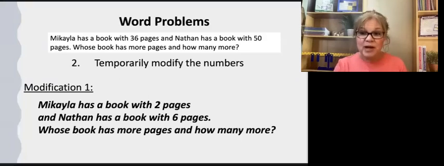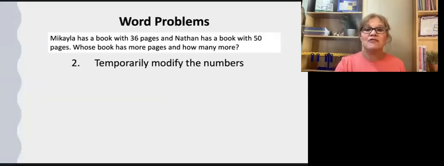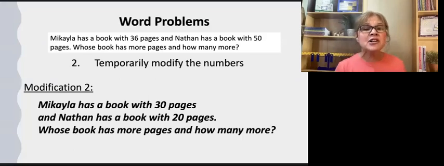Now, if my child was ready, I'm going to go ahead and give them the real problem. But if I felt, I'm not quite sure, I might give them another practice, and I would give them the same problem with slightly different numbers that are easier to solve, okay? For example, Michaela has the book with 30 pages and Nathan has a book with 20 pages. Whose book has more pages and by how many more? Now notice this problem is set up almost the same, except I changed the numbers out, and I also switched whose book had more, because I don't want them just automatically answering a number without evaluating. These numbers are also easier to calculate.